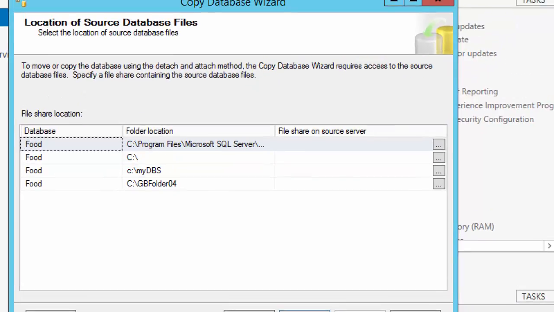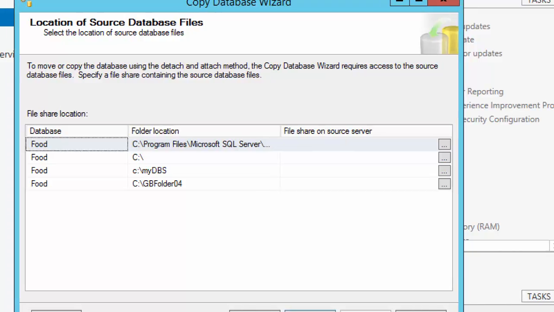To move or copy the database using the detach and attach method, the copy database wizard requires access to the source database files. Specify a file share containing the source database files. So does anyone know why we need file shares? Yes, correct. Exactly. Oh, you're also correct. Yeah, thank you. So when we are transferring files from one server to another, we need the files to be shared.